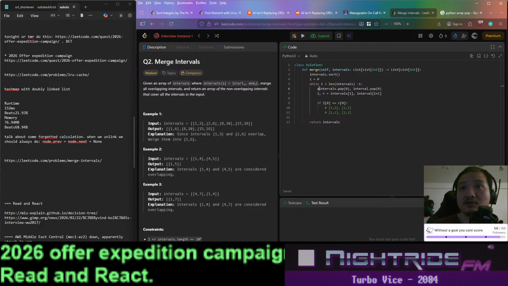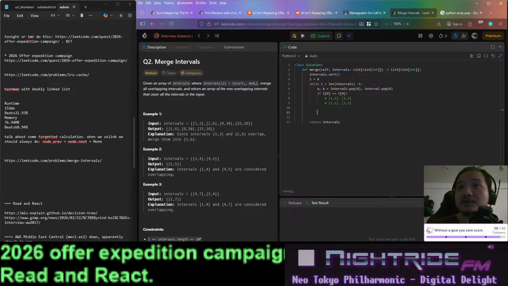Let's just call the intervals A, B then. And after we're done with the merge, if we can merge, then if the left values are equal, for sure it's overlapping, right? The new merge is going to be